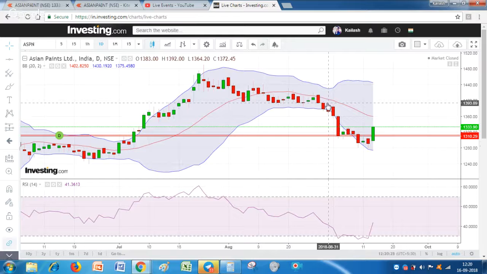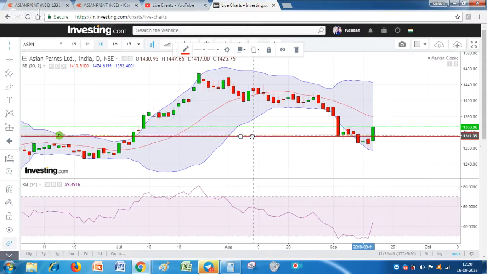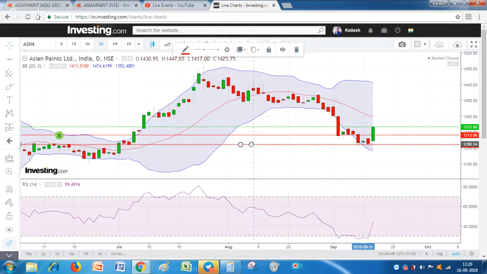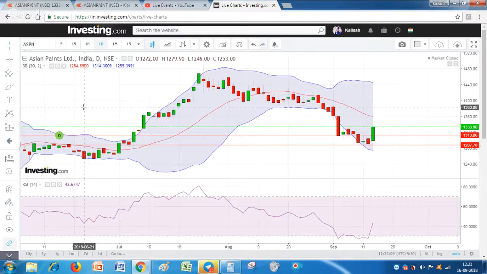Okay, 1390 to 1290. So friends, it has given us a 100 rupee move downside, but this will be only for futures, for those who trade in futures, because in the cash market shorting is not allowed. If someone shorts in the cash market, there is a heavy penalty. Even in spite of this big move, there will be a heavy penalty. Okay, so there will be a loss. So never ever try to sell in the cash segment.